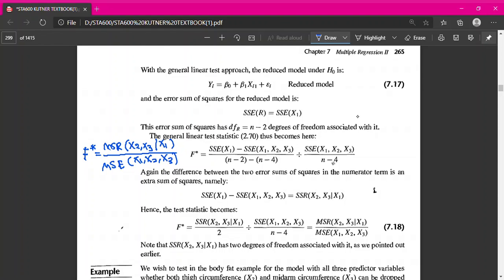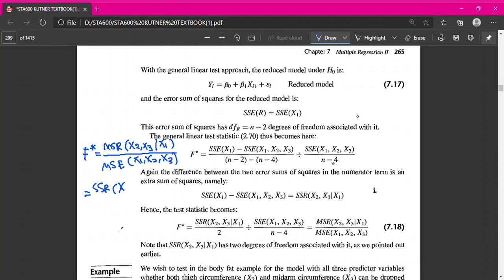So how to get this? The MSR from before, it is SSR